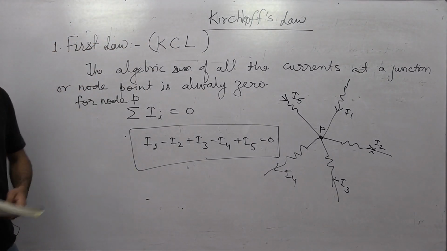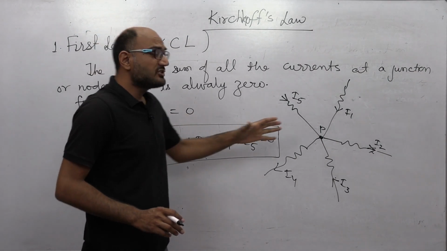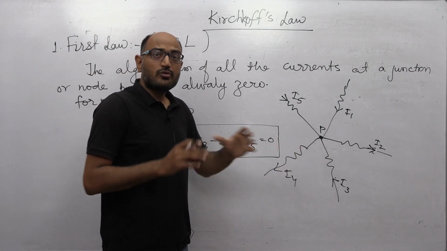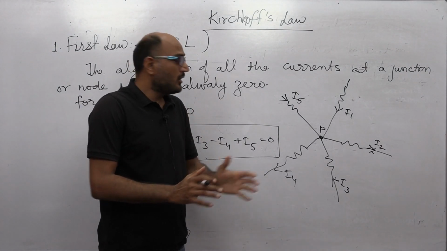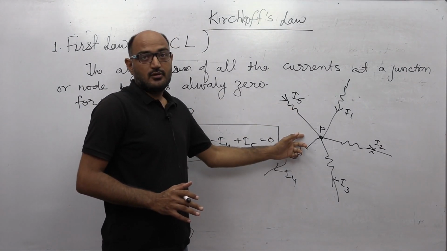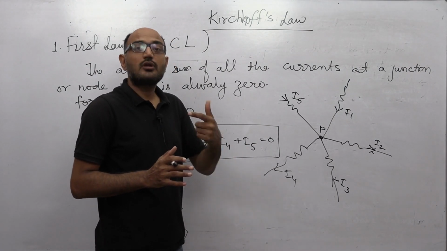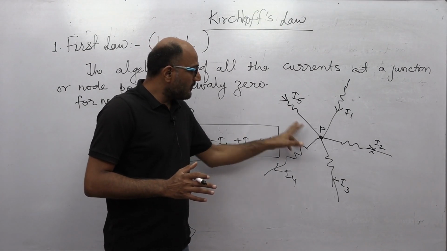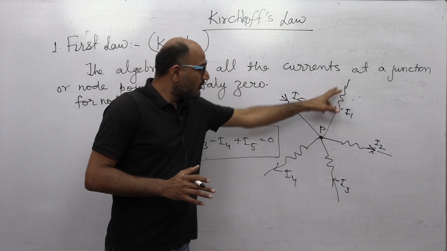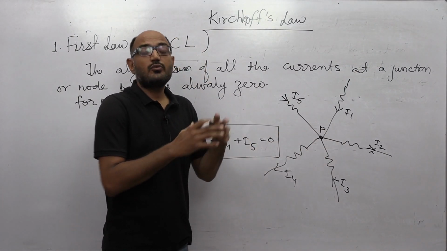Right? And this Kirchhoff's current law is actually based on the charge conservation, because there is no charge accumulated at any point in the circuit. The charge flowing through per unit time, that is what current is, same. So all charge coming through this point equal to all charge leaving.